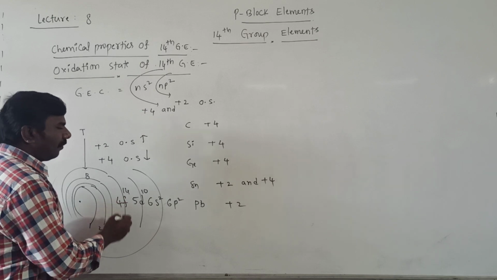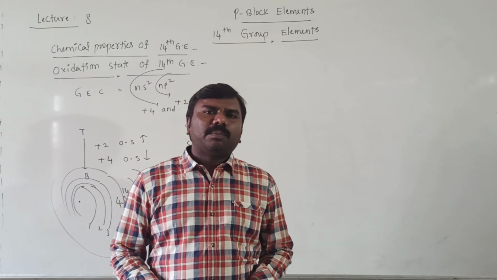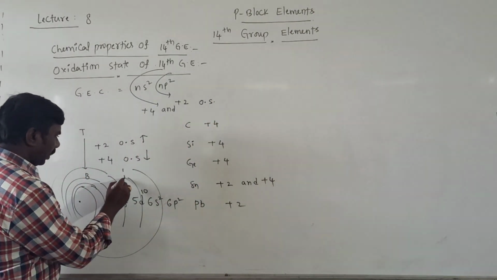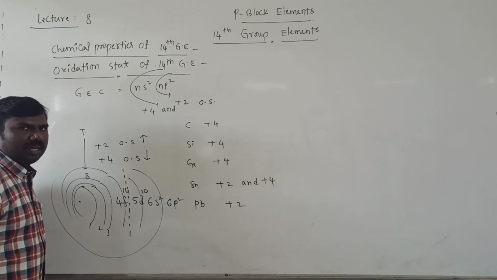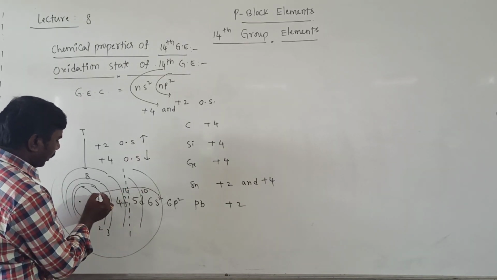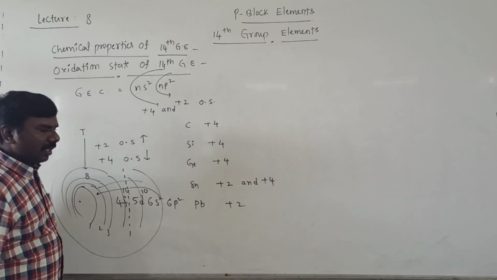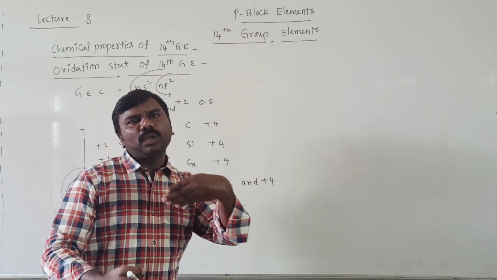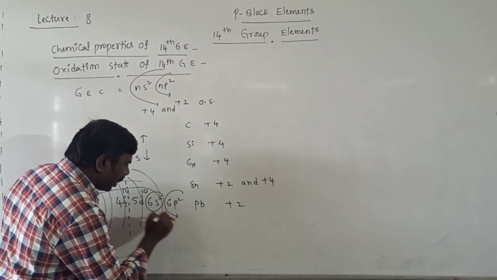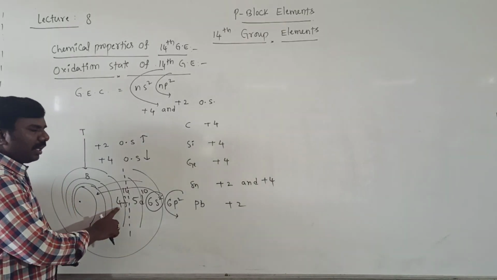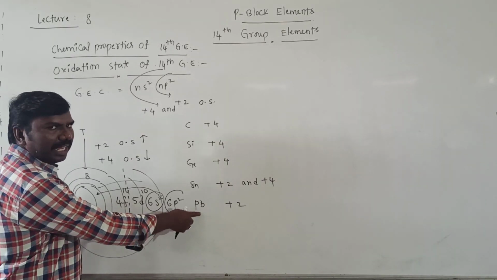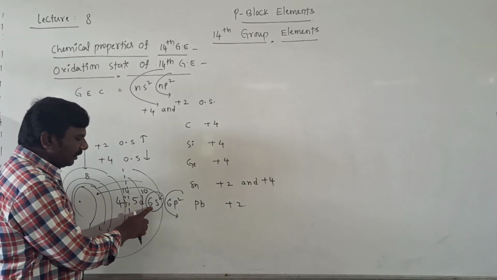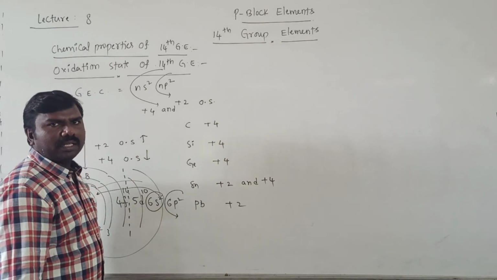4f electrons have a poor screening effect, or poor shielding effect. It means there is no formation of a strong screen; there is a chance to form only a weak screen. All these electrons are attracted towards the nucleus. The s electrons, being strongly attracted by the nucleus, never get lost. Only p electrons can be lost. Due to the poor screening effect of f orbitals in lead, it can show only plus 2 oxidation state.